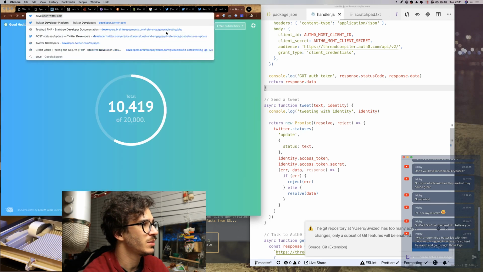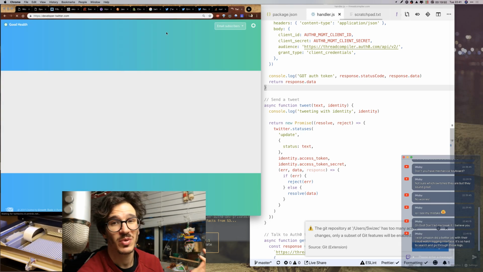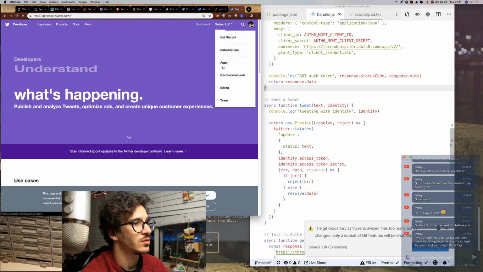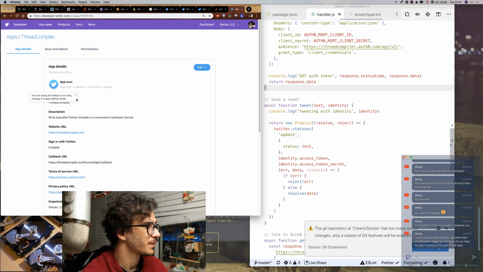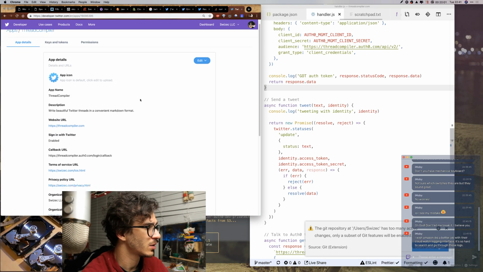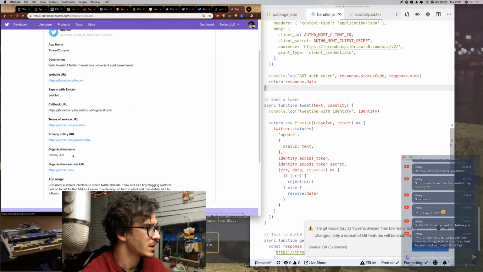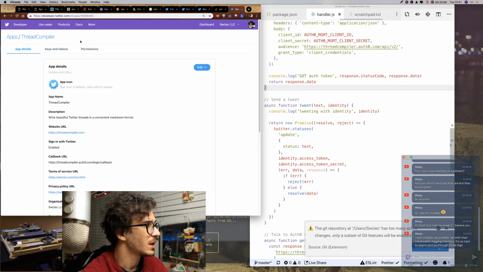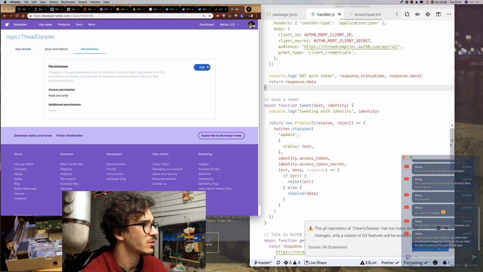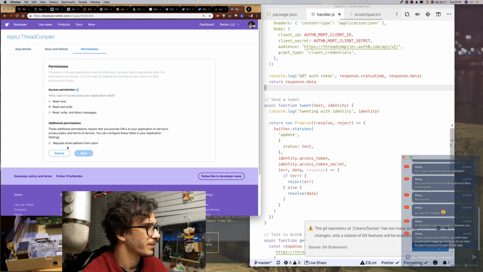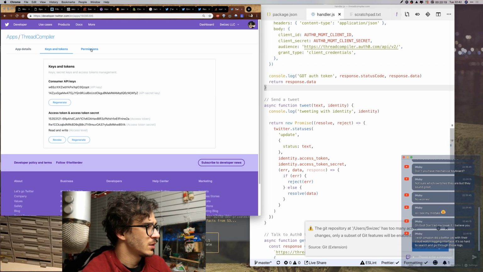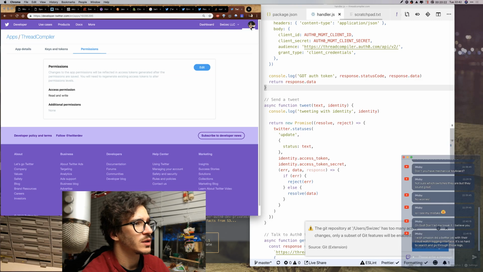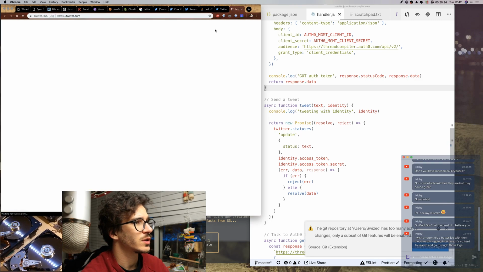Let's see if maybe the app doesn't have the right permissions. So apps, app ID, details, using the default icon, ThreadCompiler, TOS, privacy, blah, keys and tokens, permissions, read and write. Okay, keys and tokens, you shouldn't see those, but whatever. What else can I check? So let's see, go to Twitter,